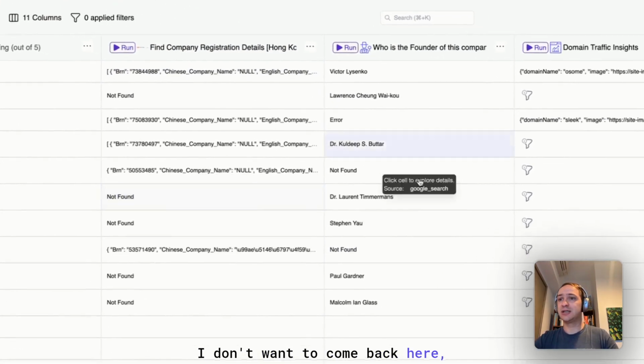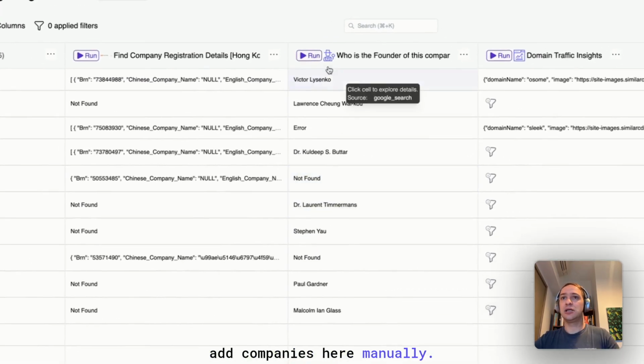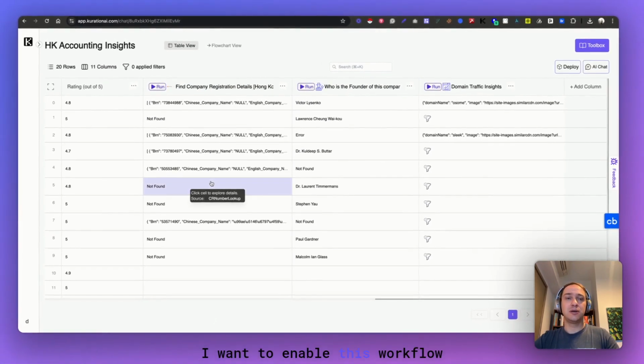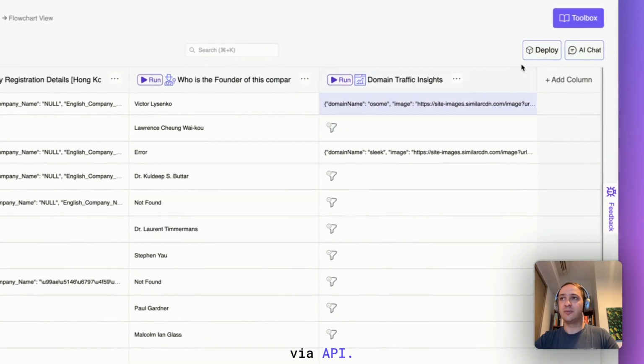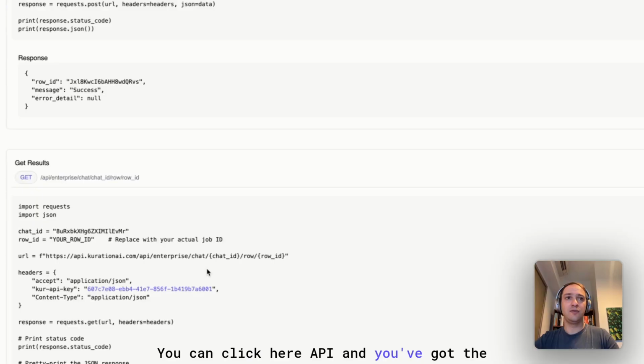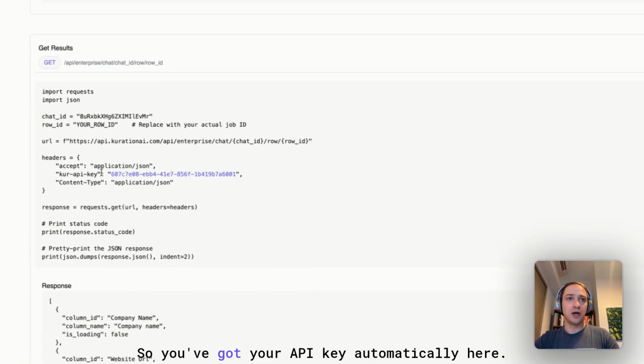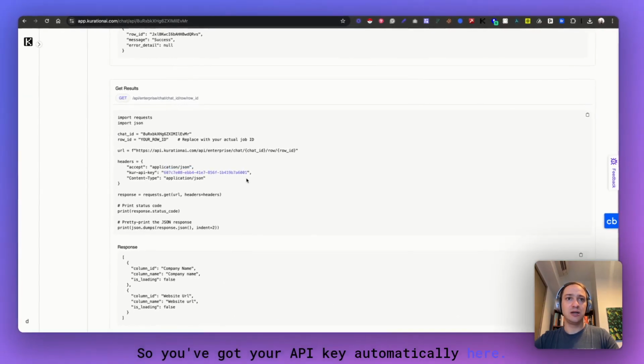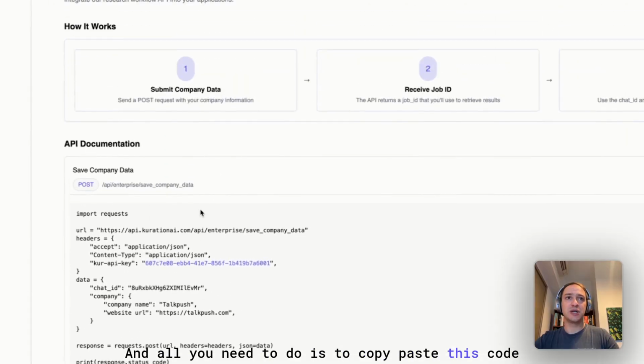I don't want to come back here and add companies manually. I want to enable this workflow via API. So we have a button here called Deploy. You can click here, API, and you've got the documentation. You've got your API key automatically here, and all you need to do is copy paste this code,